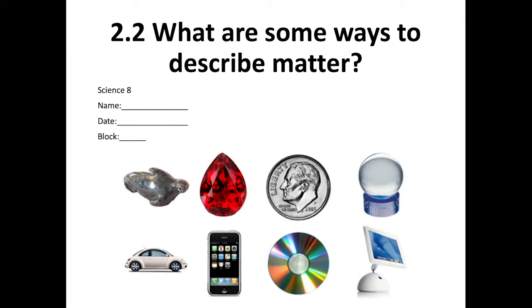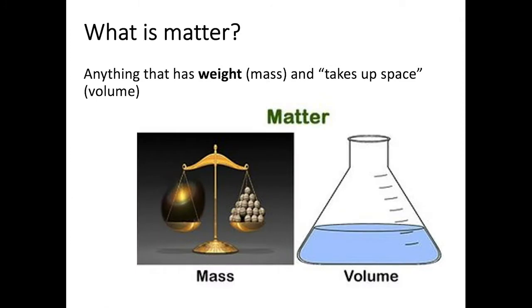In this chemistry unit, we're going to be talking about chemical reactions, what makes certain types of matter different than other types of matter. We're going to talk about what matter is, and we're going to talk about the atom. What we're going to get started with first is we're going to discuss a little bit about what matter